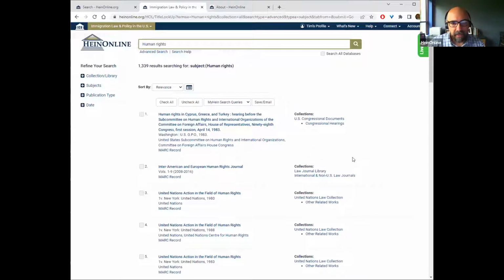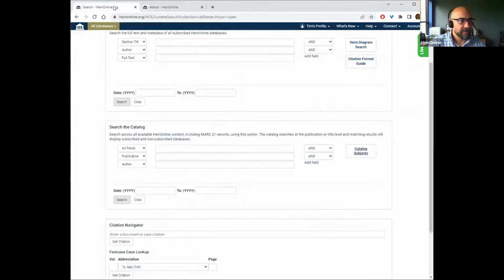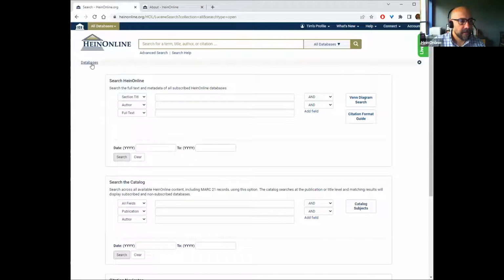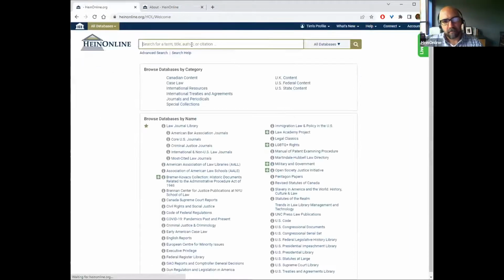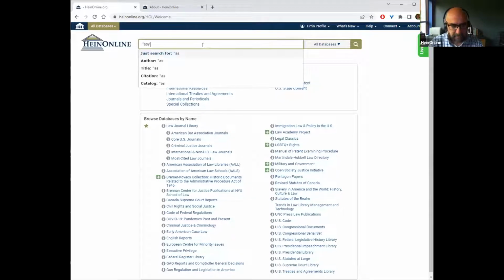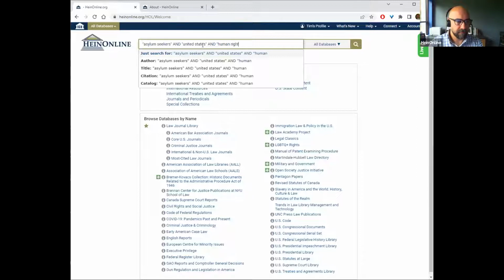So let's go back, and I'm going to jump back to my database list here. And I'm going to do a search in here for some topics that are related to both immigration and human rights. So let's say, for example, I want to do "asylum seekers" and "United States" and "human rights." Now, if you're familiar with HeinOnline, you may know that you don't have to use the